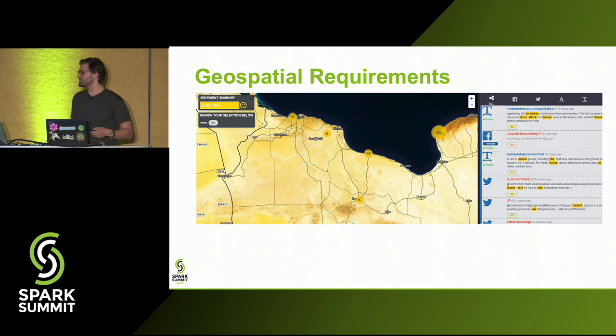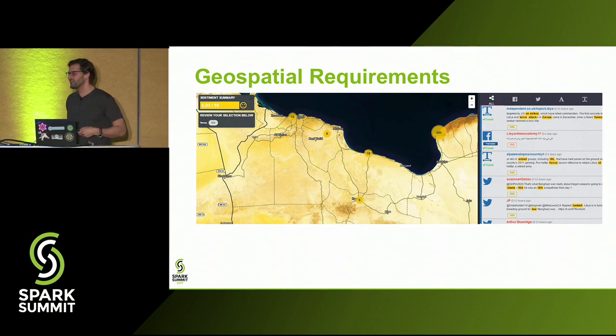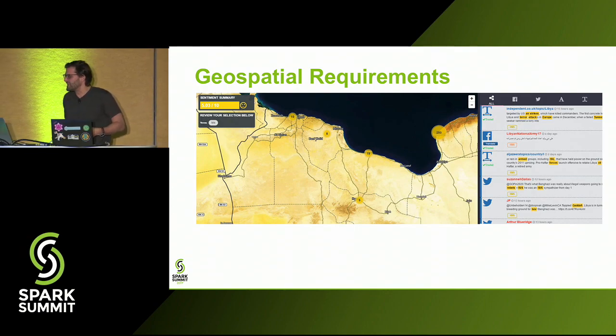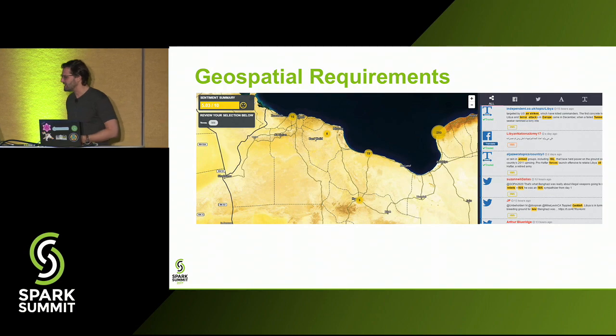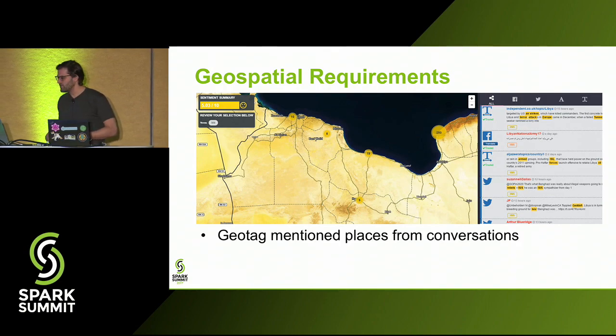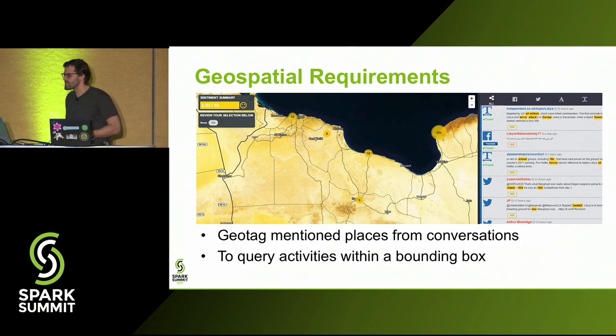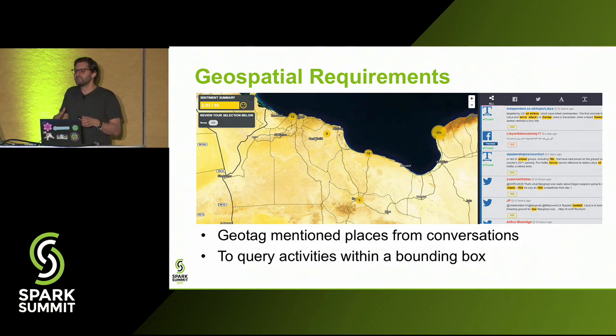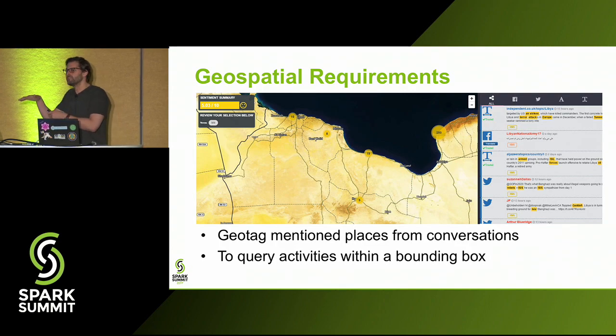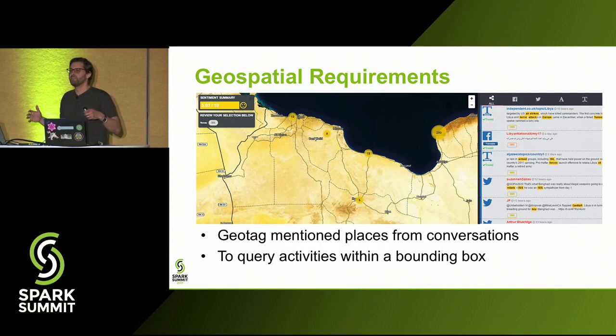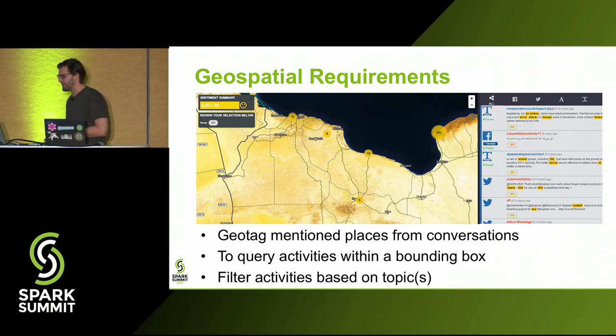So the Fortis scenario puts a large emphasis on the geospatial context of these events. We disregard any event for which we're unable to detect the places and location in the context. So we geotag the mentioned places off the conversations, and as you're zooming in onto the heat map, the newsfeed is re-rendered automatically based on the map bounds that you've changed. We're only pulling in the messages that intersect with the bounding box of your map bounds.